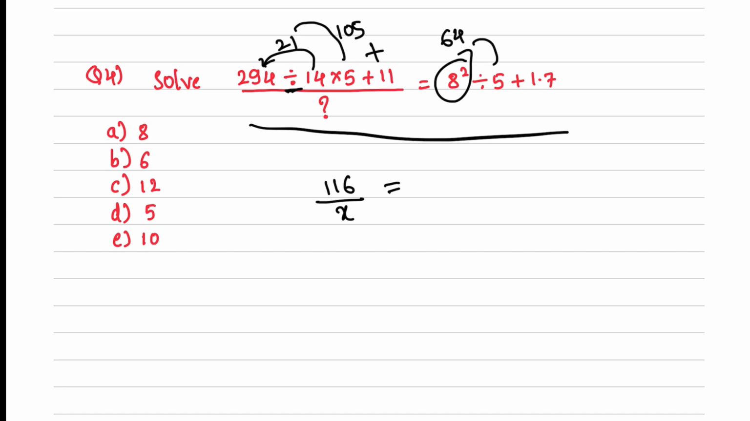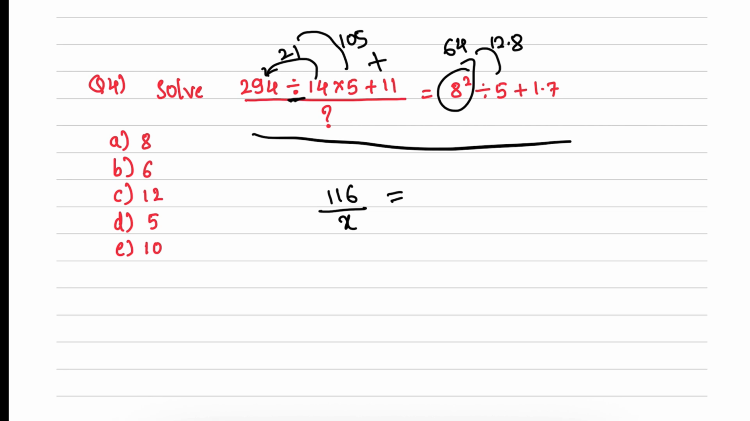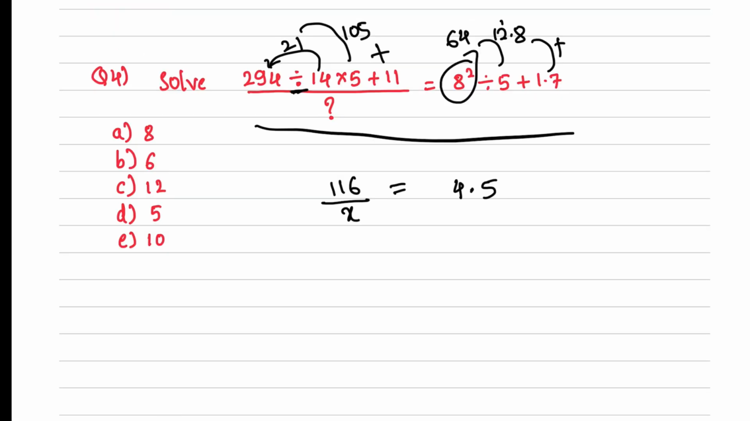64 divided by 5 will be 12.8, and 12.8 plus 1.7 will be, see 7 plus 8 will be 15, 1 carry, 2 plus 1 is 3, 3 plus 1 is 4, so 14.5 you will get. X will go here and 14.5 will come here, so you will get 116 by 14.5 equal to x. So if you multiply 10 for both the numerator and denominator, you will get 116 into 10 by